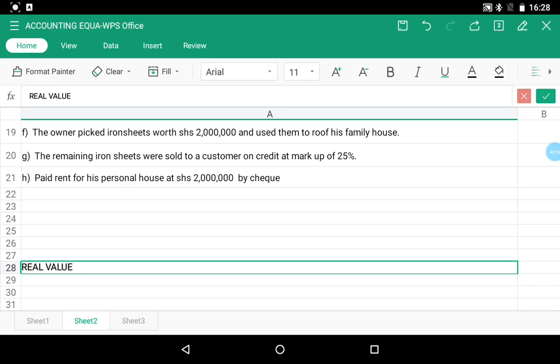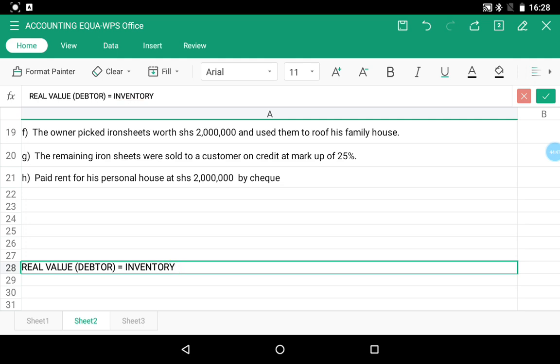So here we want to know the amount of money this person took, because they have said this person bought these goods on credit. That means we want to know the real value of the debtor, the person who bought our goods. To get this amount, we are going to get the remaining amount of inventory,